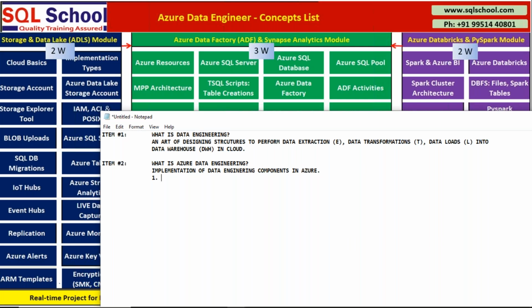Number 1, we have storage components. Storage account, also called Azure storage account. And Azure Data Lake storage account. Remember,